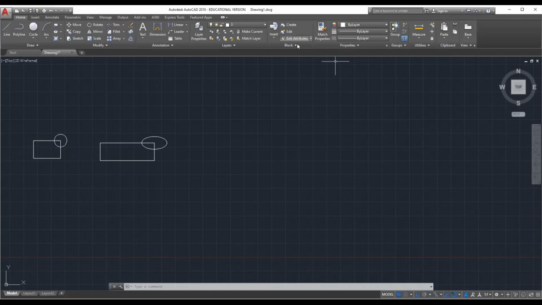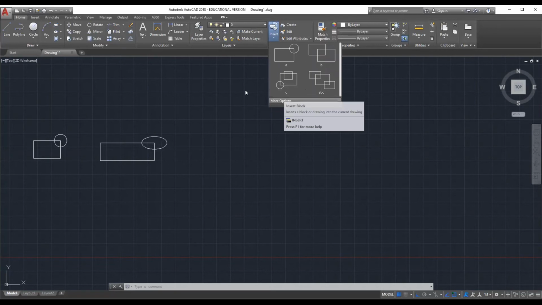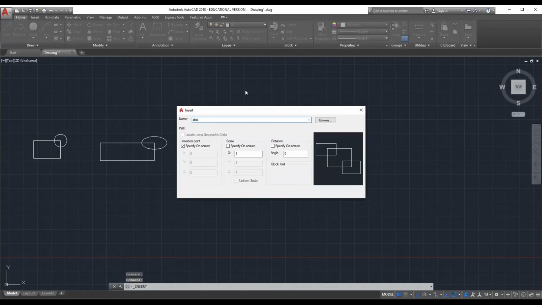So in this case we'll see, go to more options, A, B, C. In this case uniform scale is not highlighted, so the scale increases uniformly in the x direction and y direction. For example, change x scale from 1 to 2, and automatically the y direction also increases to 2. If it increases to 3, the y direction also increases to 3.